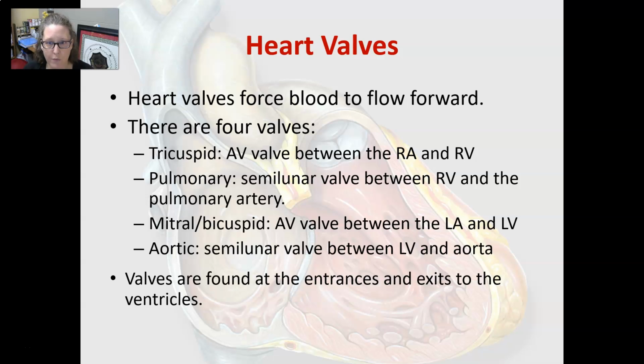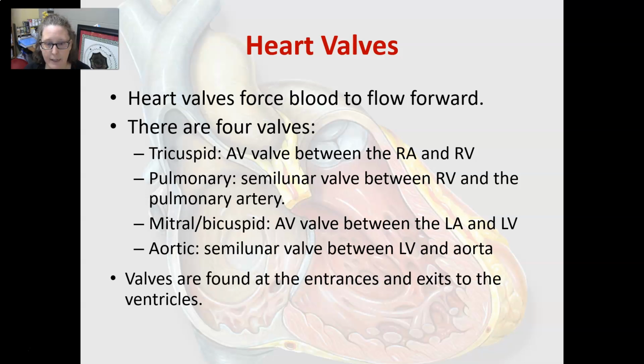So there are 4 valves, and they basically guard the entrance and the exit of the ventricles. So the tricuspid valve is an AV valve between the right atrium and the right ventricle. And the pulmonary valve is a semilunar valve between the right ventricle and the pulmonary artery. So what happens is when the right ventricle contracts, you want the blood to go into the pulmonary artery and not back into the right atrium. And so the tricuspid valve will be closed when the right ventricle contracts, but the pulmonary semilunar valve will open